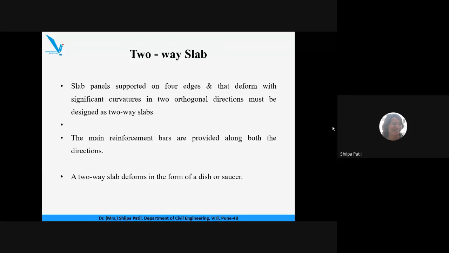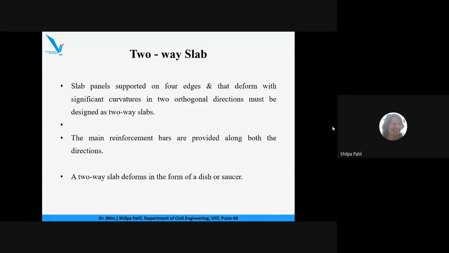Now we have already discussed the introduction or definition of two-way slab, that is the slab panels which are supported on all four edges and that deform with significant curvatures in two orthogonal directions are called two-way slabs. That is, they are supported along all four edges, and when a load is applied to this slab, the slab deflects in both directions. That is, the deflection is along x direction also and along y direction also. Okay, so as the deflection is along both directions, the main reinforcement is provided along both directions in